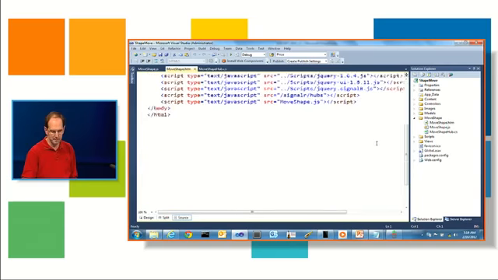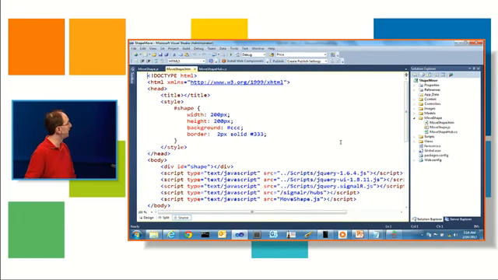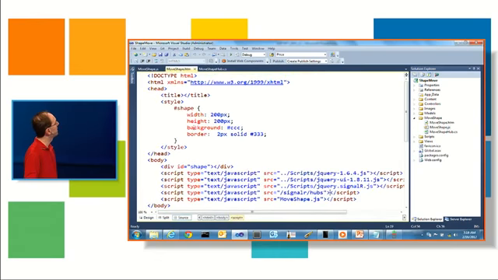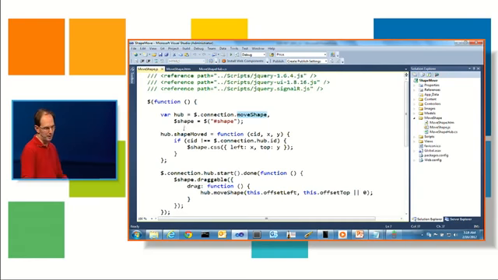Here's what the HTML looks like. It's actually just an HTML page. It's not even an ASP.NET view, but obviously it could be. I'm using jQuery, jQuery UI, and the SignalR library. And then here is all my client-side JavaScript. Basically all I'm doing is connecting to the hub on the server. I'm using jQuery to retrieve the shape object, which in this case is just a div in my HTML, which is styled to be kind of a square. And then every time someone drags and drops it in the page, using a jQuery UI function, I call the server method and pass in the X and Y. And then I basically